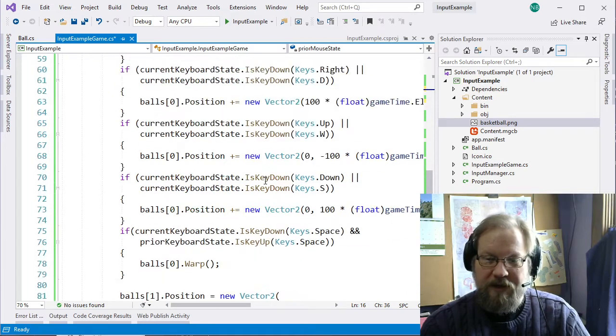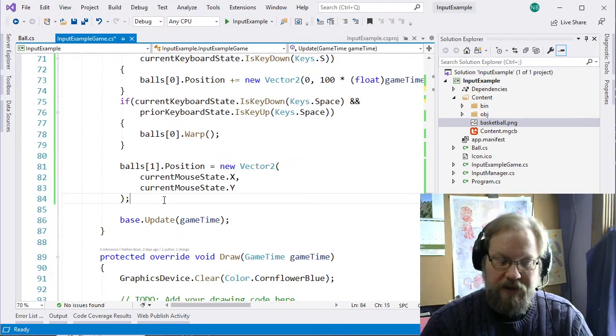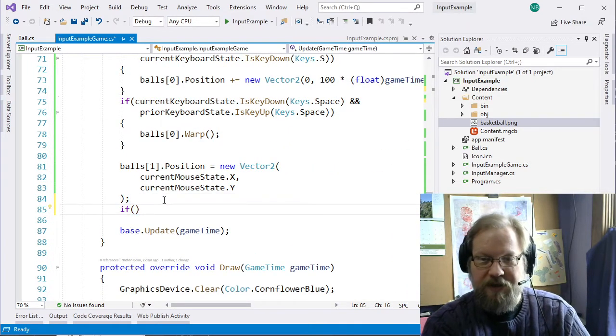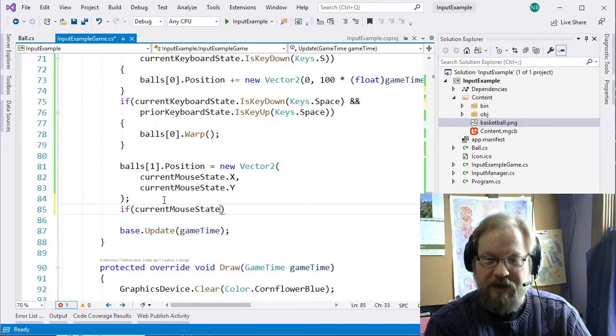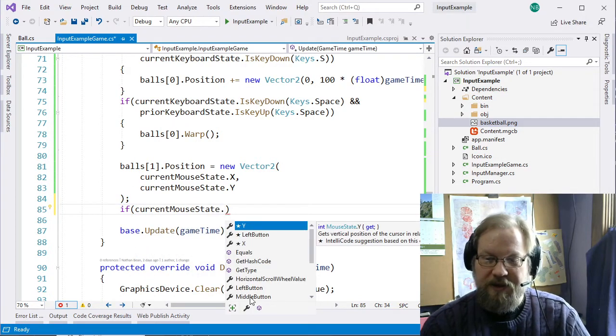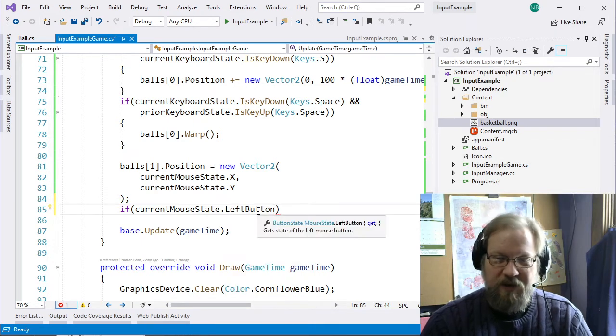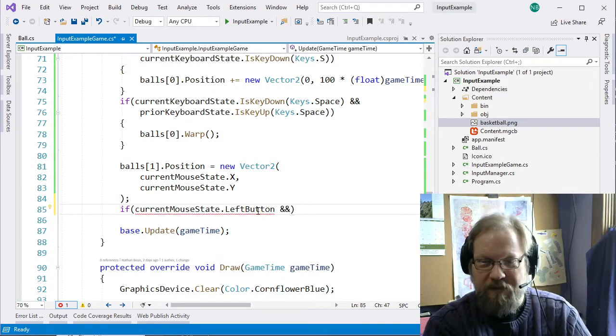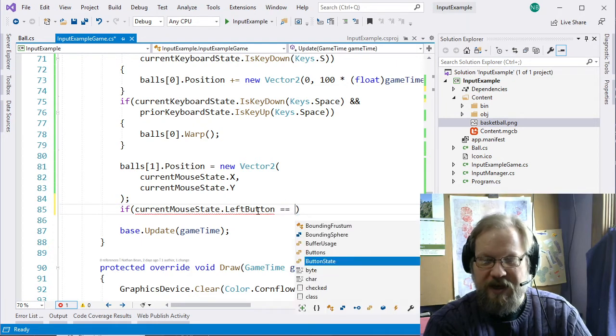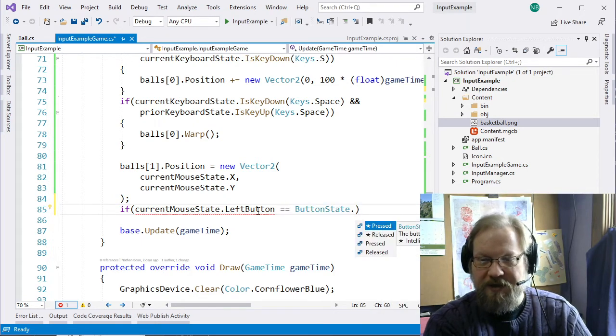And if we come down here, we'll do an if statement, very similar: current mouse state dot, and you can see we have the left button, the right button, a middle button, as well as a scroll wheel and X button 1, X button 2 if you get one of the advanced mice that has extra buttons. But generally speaking, we can only guarantee a left button and a right button on most mice. So we can check to see if that is